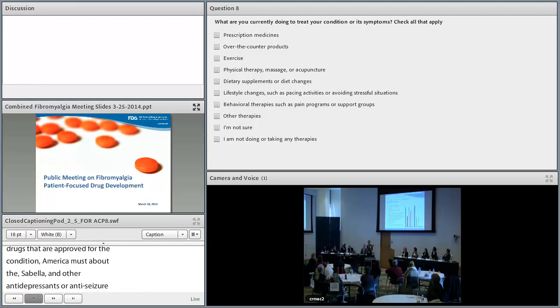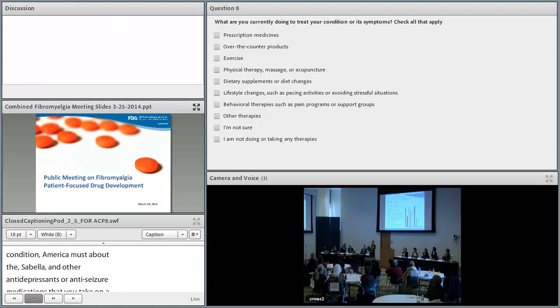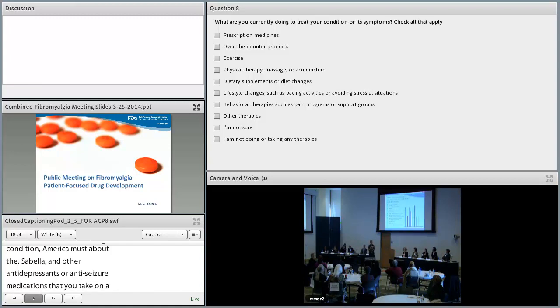I'm going to ask for a show of hands because we didn't tease that out in the polling question. How many of you in the room are taking one of those types of medications on a very, very regular basis? Okay. And just so we have a sense, how many do not? Okay. So it looks like more of you take them than not, but that there still is a sizable number who don't take any of these.